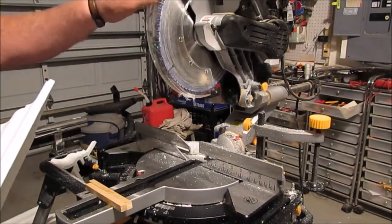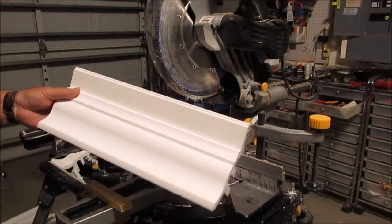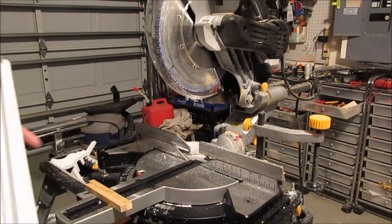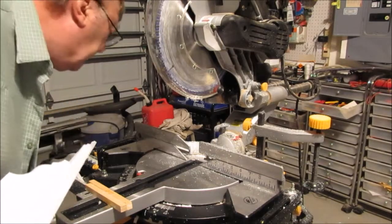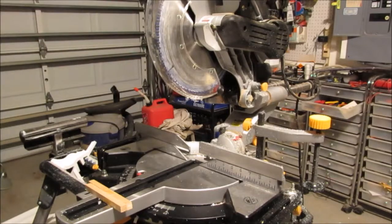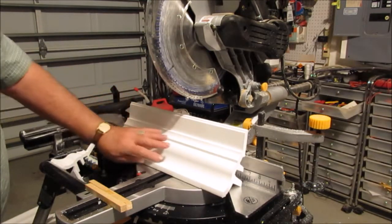This is a 12-inch saw, by the way. It's a Harbor Freight cheap saw. You don't need a really expensive miter saw to do this. One thing, keep the saw clean. One thing you want to do to set the saw up is that,